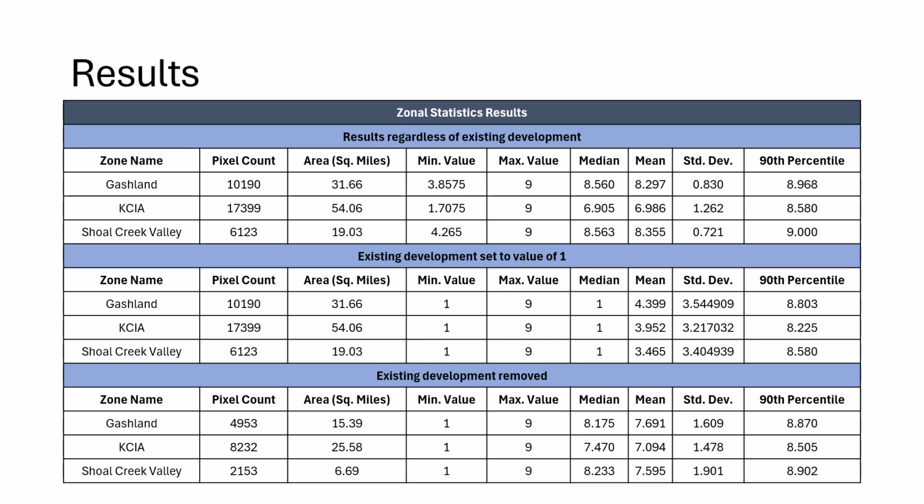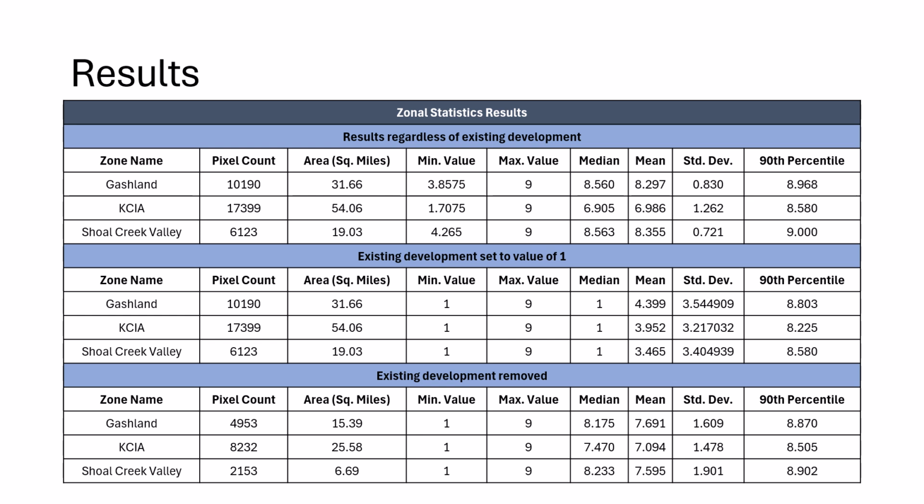That seems somewhat unrealistic, to be honest. And you can see that in the minimum value calculations here. They are 3.8 and 4.2, meaning that there aren't any pixels in these areas that are not suitable for residential development, which I think raises some questions on the validity